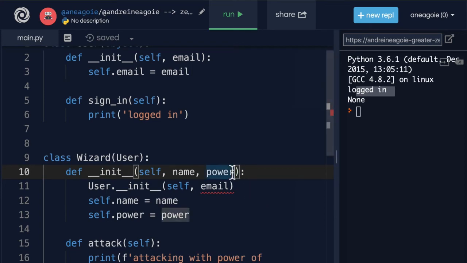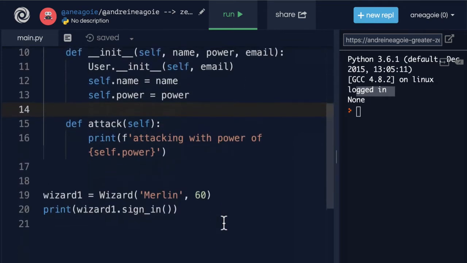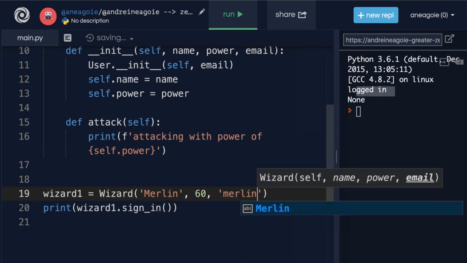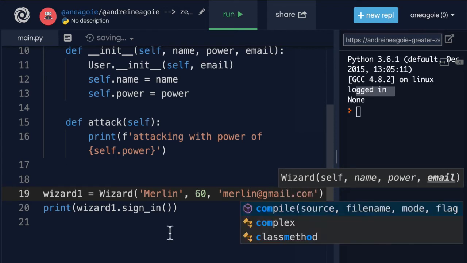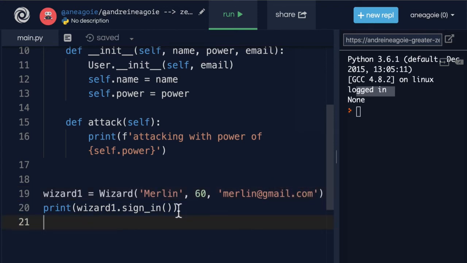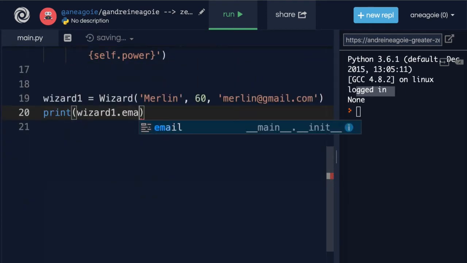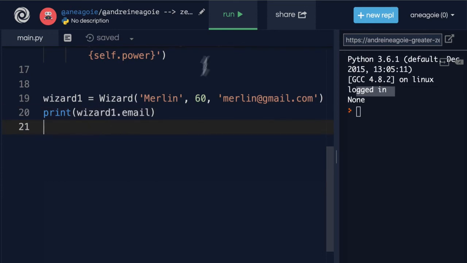And then the email is something that we pass in. So that if I go down here, I can say merlin@gmail.com is going to be the email. So that now, if I do .email for wizard1, and I click run,